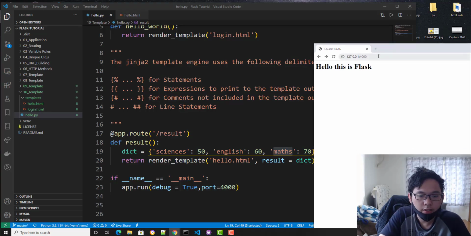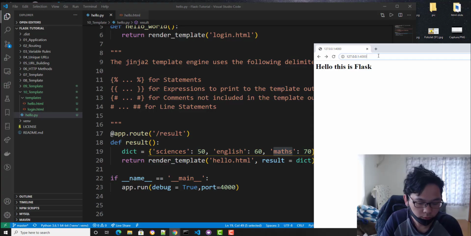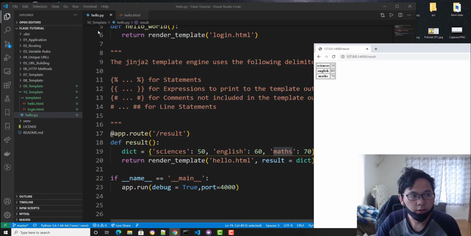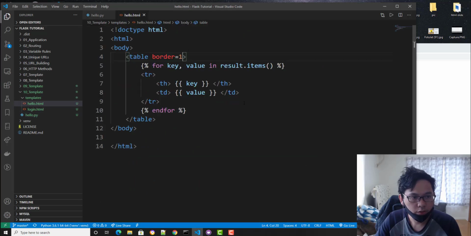So we're gonna access this by going to result, something like that. And if you see the code, key and value in result items, we're gonna get the key and the value. So that's how we're gonna do it. It's kind of a weird way if you ask me.